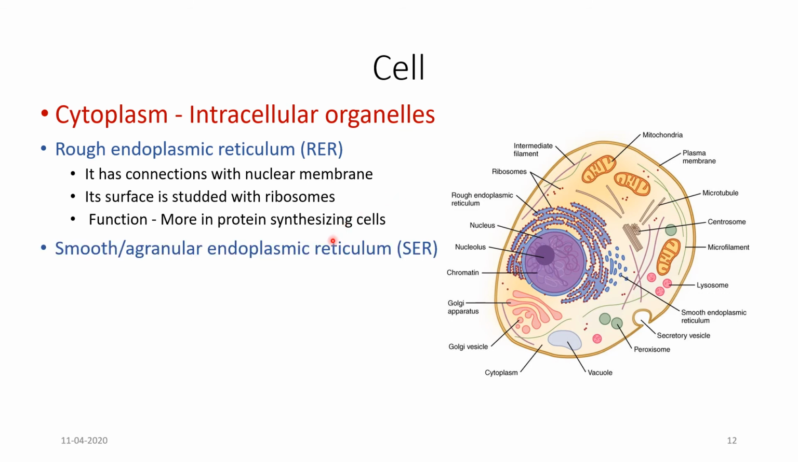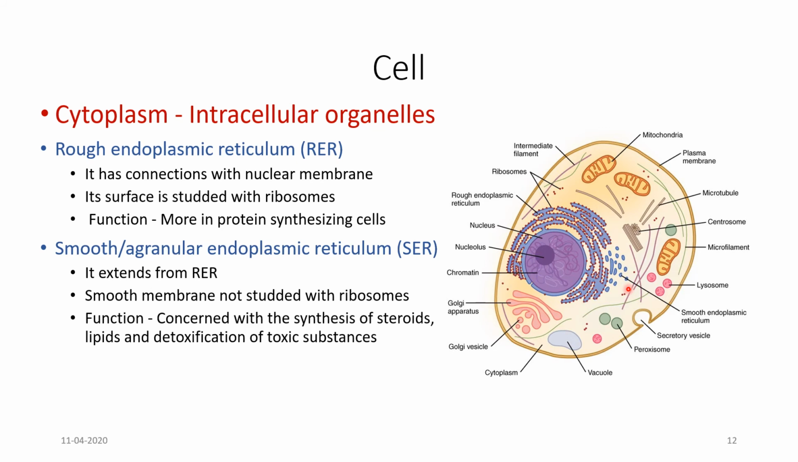And the other one is the smooth endoplasmic reticulum, and this is the smooth endoplasmic reticulum which you are seeing. The smooth endoplasmic reticulum extends from the rough endoplasmic reticulum and is not studded with ribosomes. That's why it appears smooth. And its function is, it is concerned with the synthesis of steroids, lipids, and it is also concerned with the